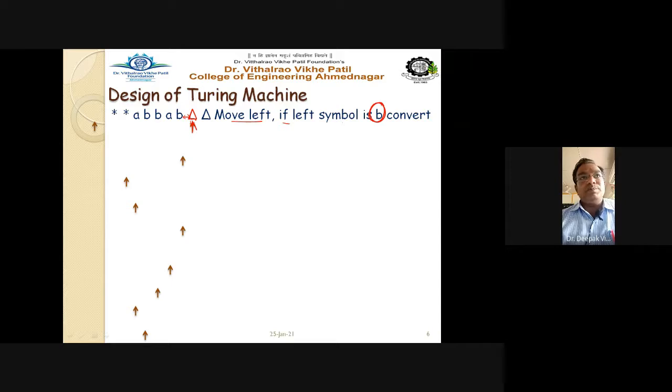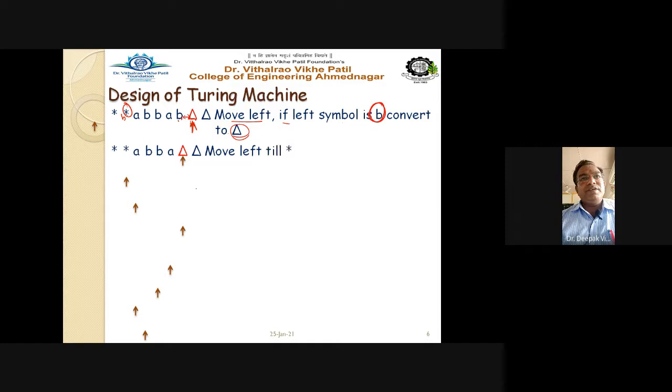That B was marked, converted into the star symbol. If we find the adjacent B, then we convert it again into a delta symbol.